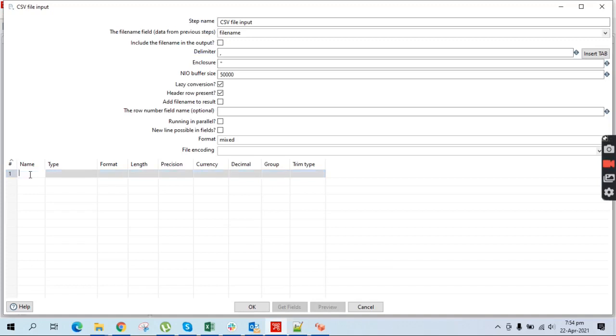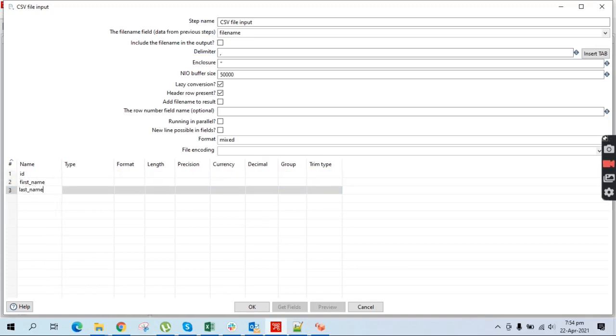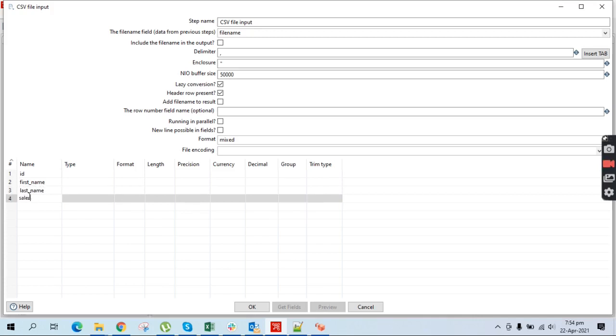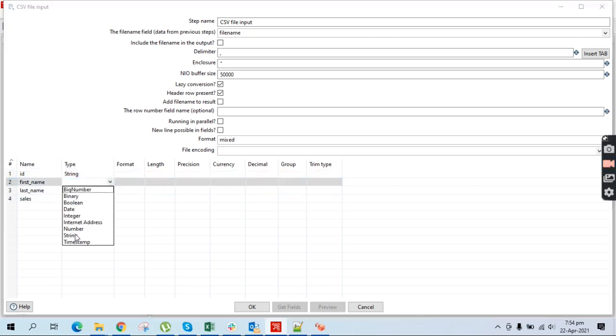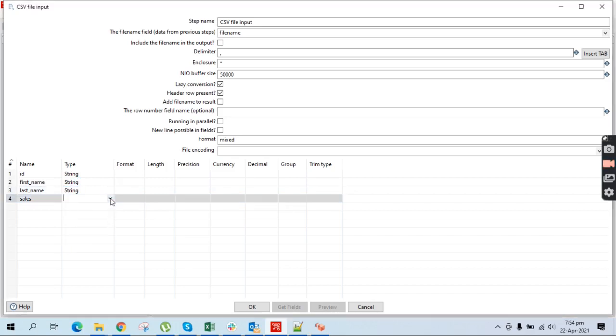We will write ID, first name, last name, and sales. The type of all these attributes will be set to string, and after some time we will change this type, but initially we will save these attributes with the type string.